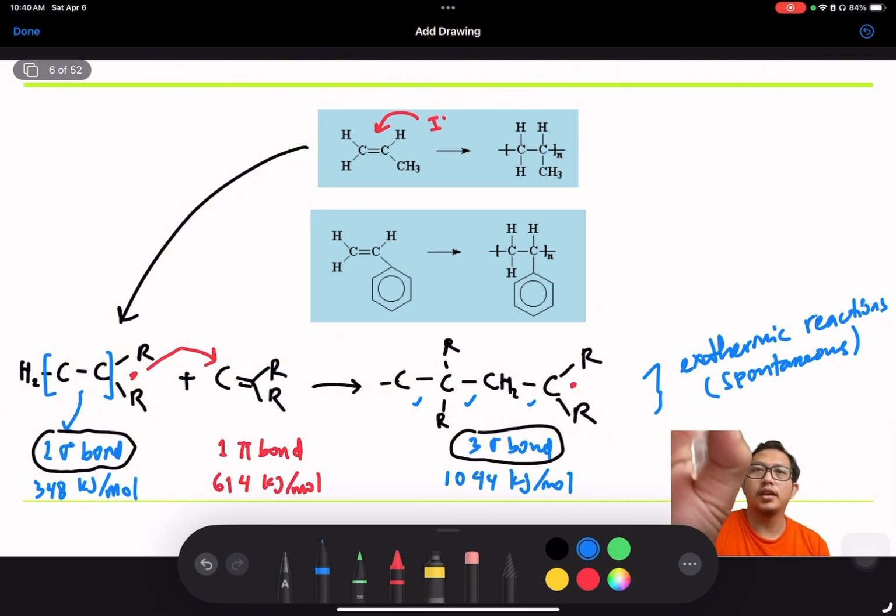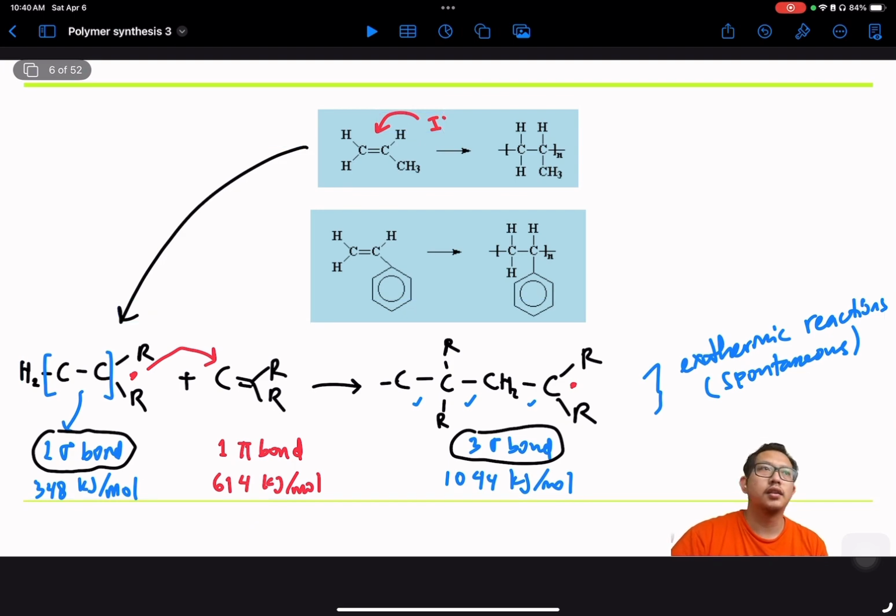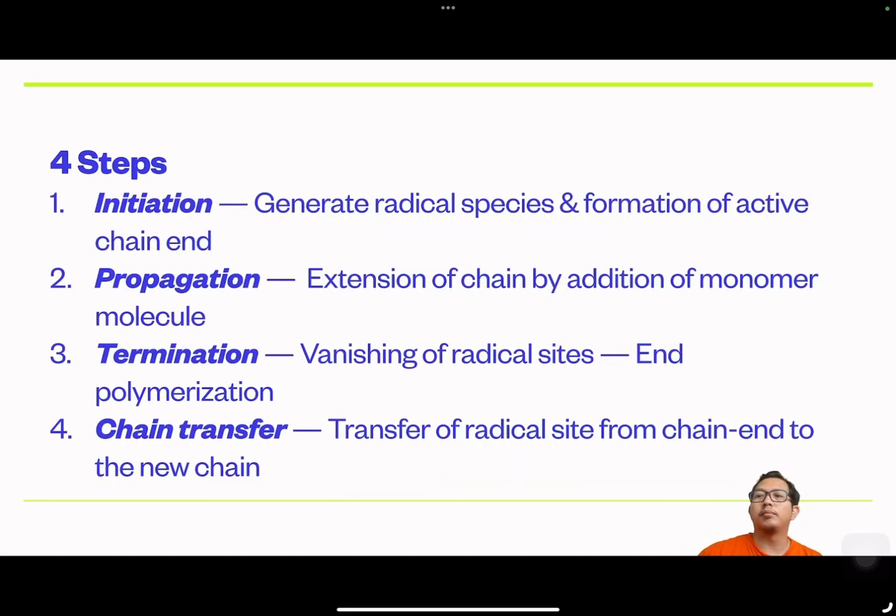Okay, next we're going to see some steps and processes. We start with the initiation. The idea is to generate the radical species, and it forms an active center or an active chain end. Then the next part is to extend the chain by adding more monomer. We call these the propagation steps. And at the very end, it is termination, where we need to remove the radical sites and end the